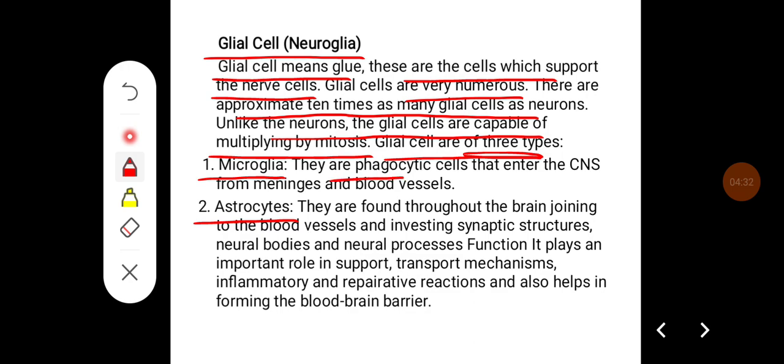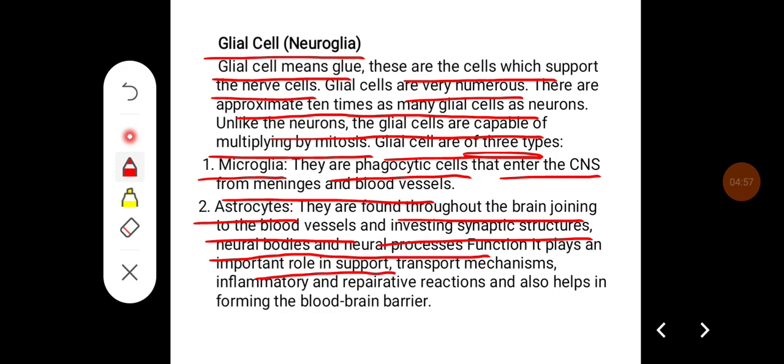Microglia are the phagocytic cells that phagocytose the microbes which enter the central nervous system from meninges and blood vessels. Astrocytes are found throughout the brain, joining the blood vessels and investing synaptic structures, neural bodies, and neural processes. Their important function is in the